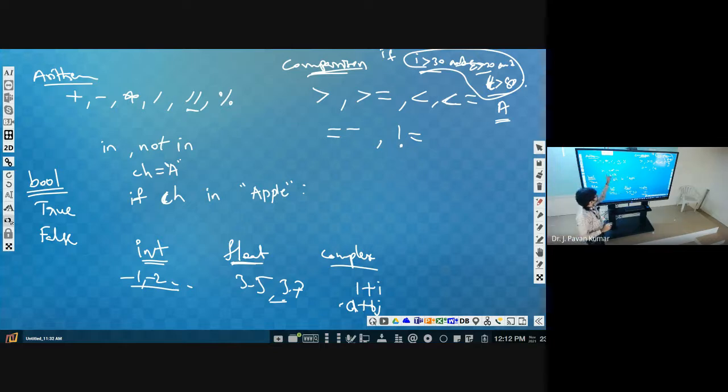Next, not in is the reverse operation of in. If that is not present, then it will give true. If that is present, then it will give false. If you use not in, that is ch not in this string. Got it? Next, apart from these operators, we have other operators like